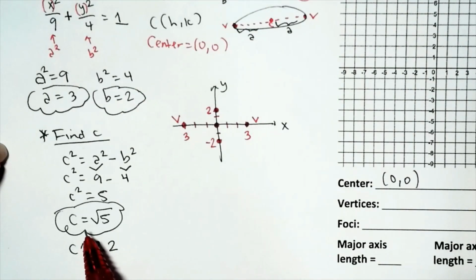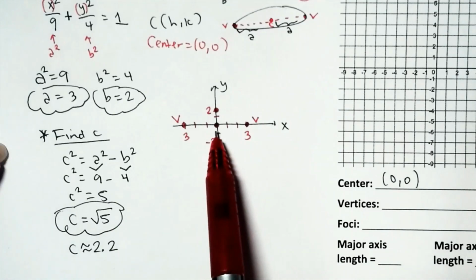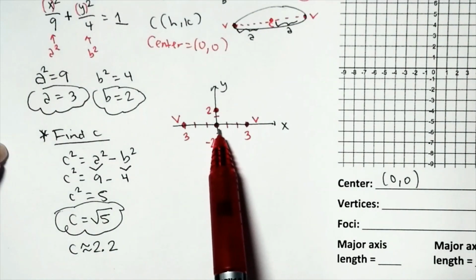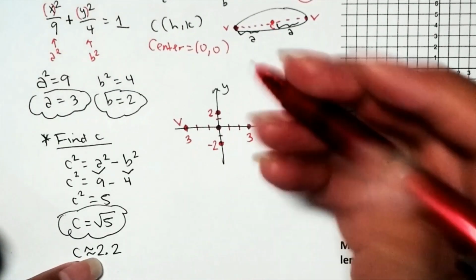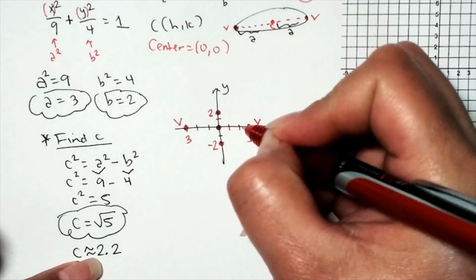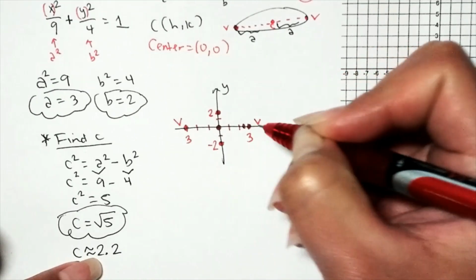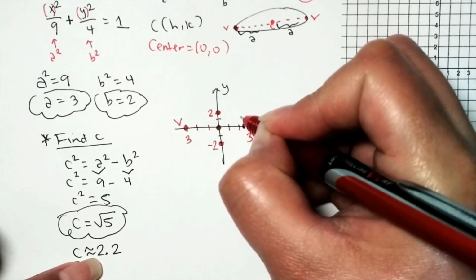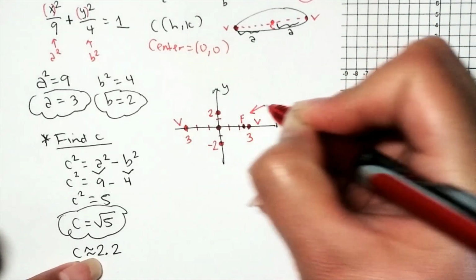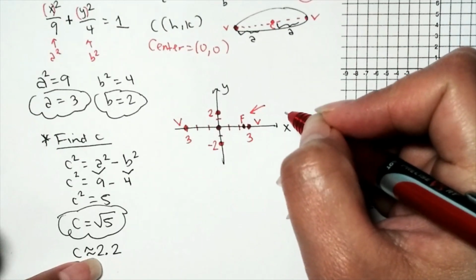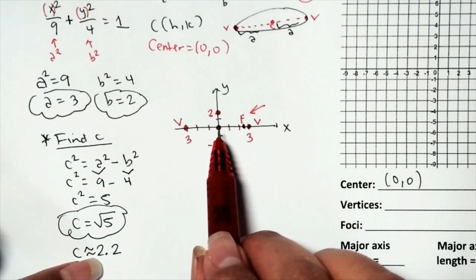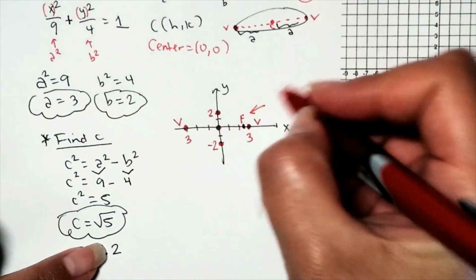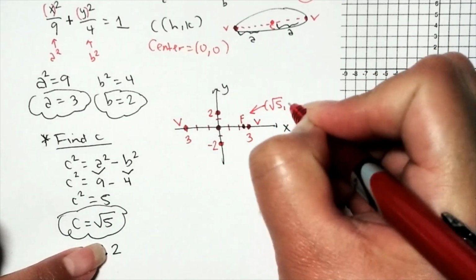So c is equal to square root of 5. From the center, we're going to go square root of 5 units to the right, which is about 2.2 units. So I'm going to estimate that, and then for my peace of mind, I'm going to label these. Go ahead, put F. And then for my peace of mind, I'm going to label the coordinates here. Why do I do it here? So that way I'm not tempted to round here. In this case, we went square root of 5 units to the right, and the value of y is